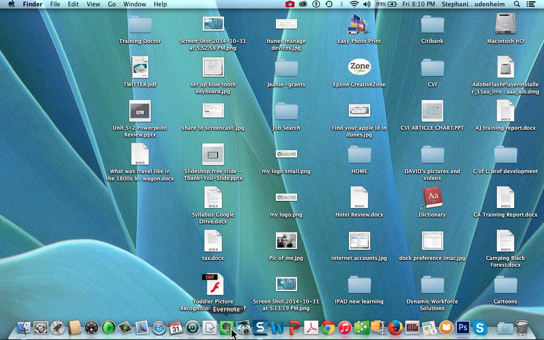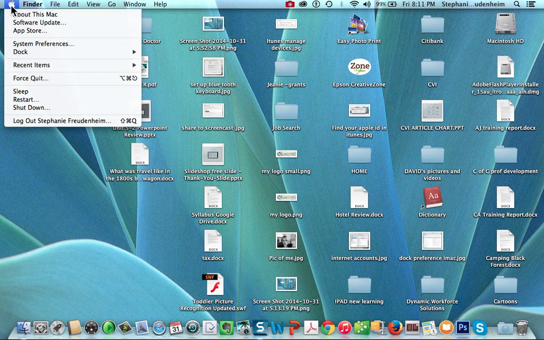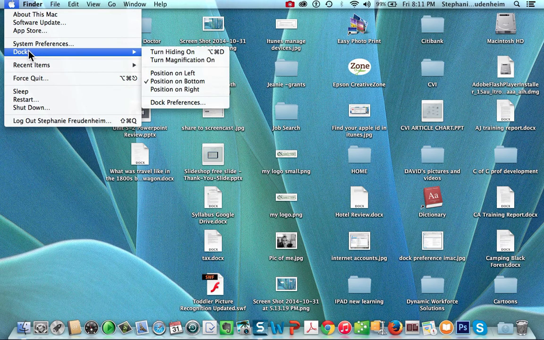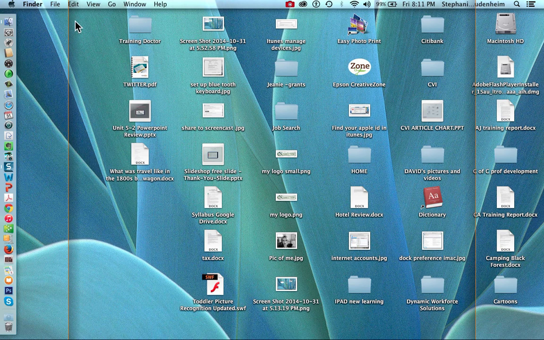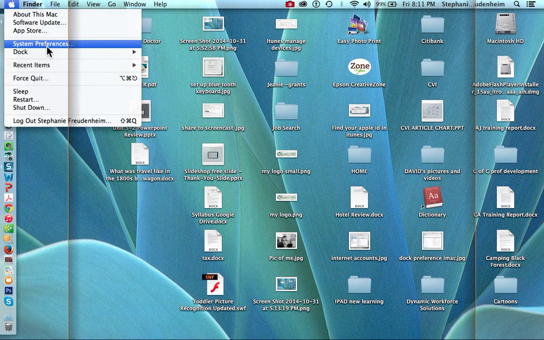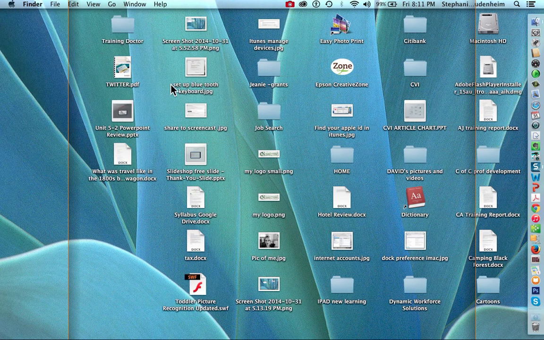And if we want to change how that looks or make some adjustments to it, we're going to go up to the left hand corner into Apple, and we're going to find on the menu Dock, and you get another sub menu, and you see that you can position the dock on the left of the screen or on the right or on the bottom. And as you can see, that might be very useful for somebody who prefers to look at it on the right side, or prefers to look at it on the left side, or prefers scrolling vertically